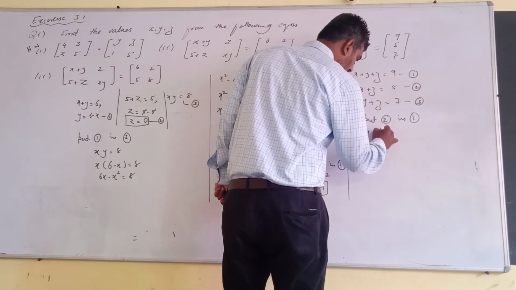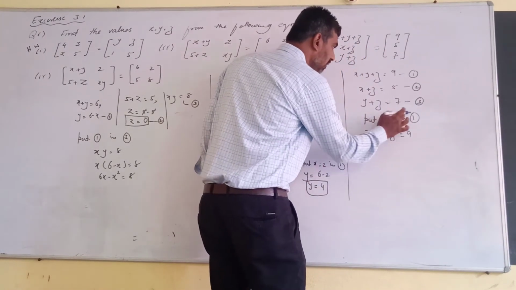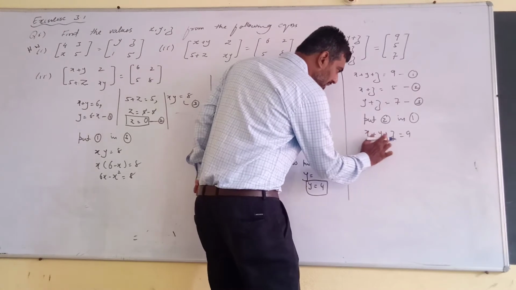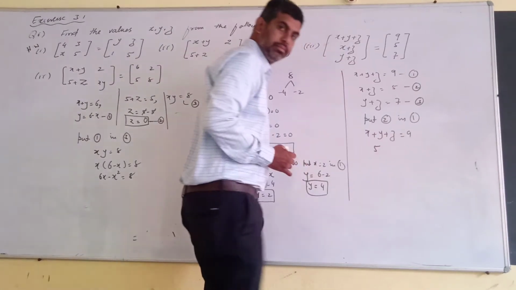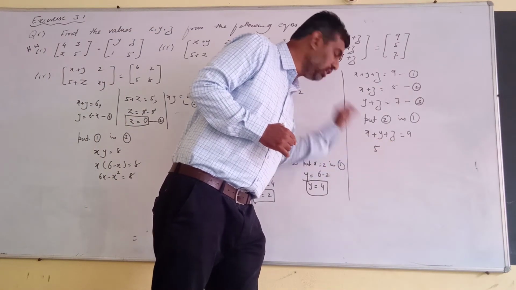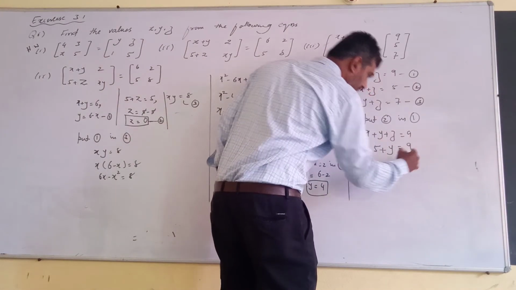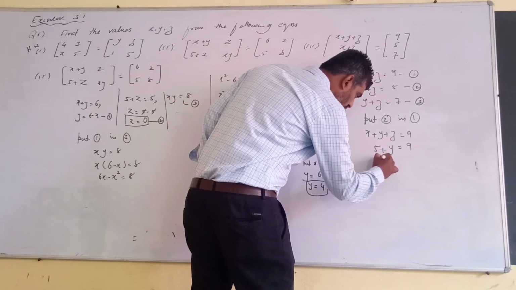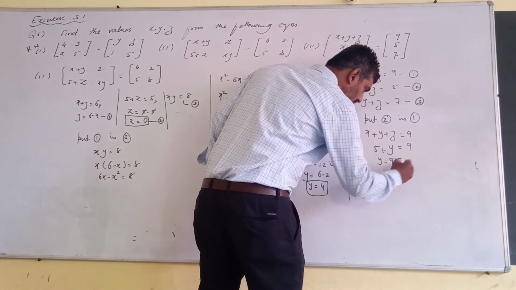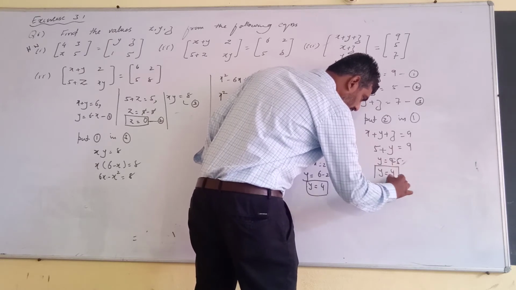Now x plus y plus z is equal to 9. What is equation 2? x plus z is equal to 5. What is the value of x plus z? 5. Observe carefully. x plus z, its value is 5. What is remaining still? Yes, students, what is remaining? y is equal to 9 minus 5. What will we get here? 9 minus 5 means y equal to 4. We got the first value.